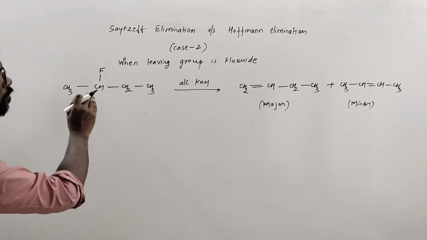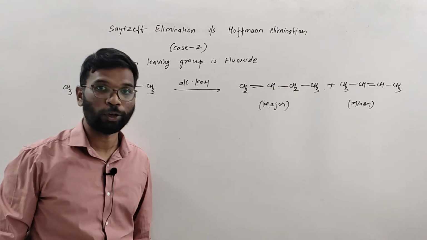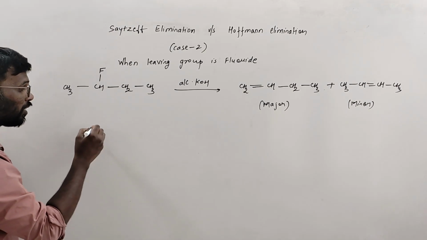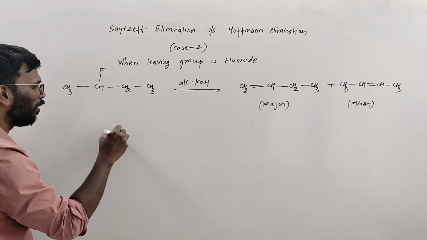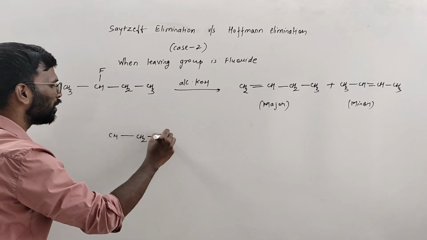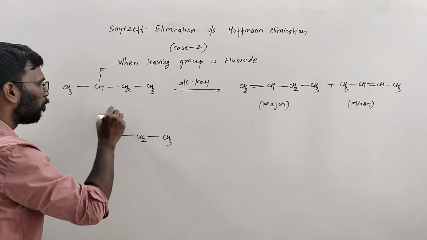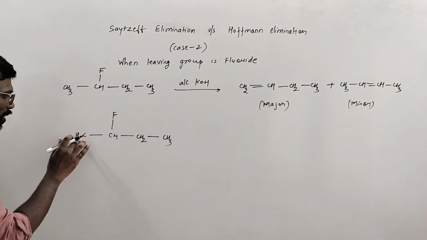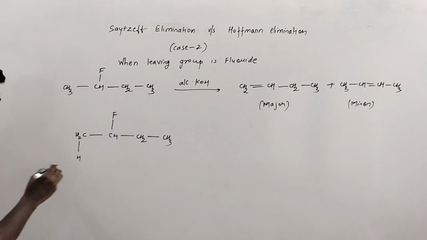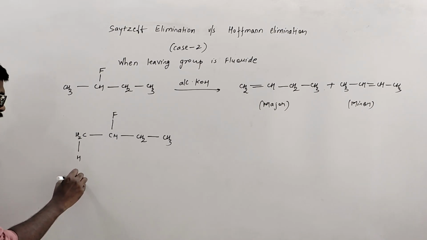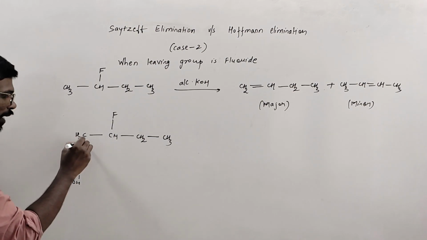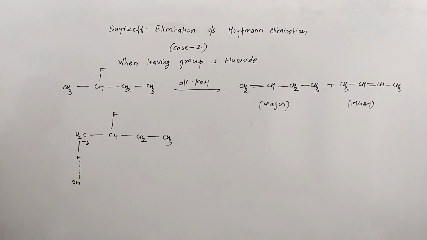See, this is a secondary alkyl halide, it will go via the E2 mechanism. E2 mechanism is a reaction where it takes place in one step. Let's say this is a hydrogen, this is CH2, this is CH3, this is fluorine, and here is the CH3. So this is the hydrogen which I am showing, and this is the OH minus which is abstracting a bond from here, right? So there is a partial negative charge which will be formed over here. It is abstracting this partially, right?